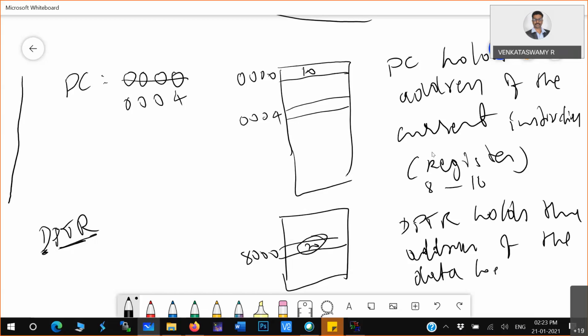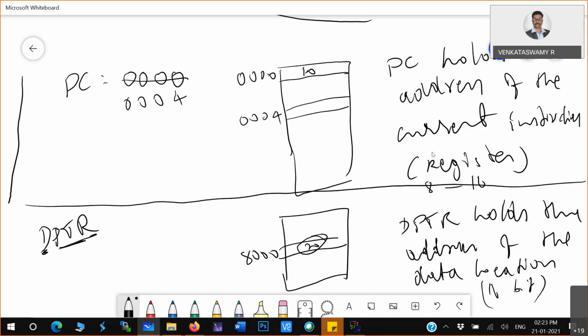This is also a 16-bit address. The data pointer is also an address, and the program counter is also an address. Both point to an address, but the function they perform is different in the two cases.